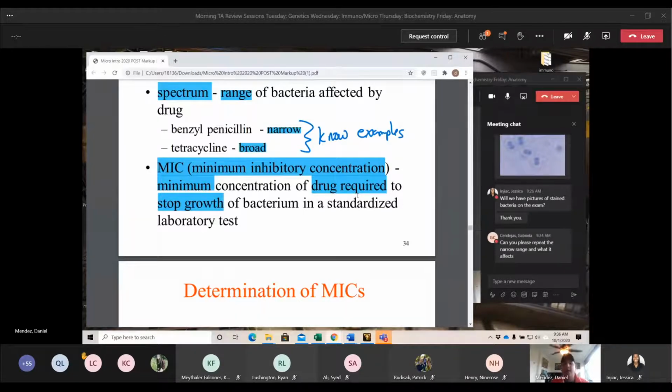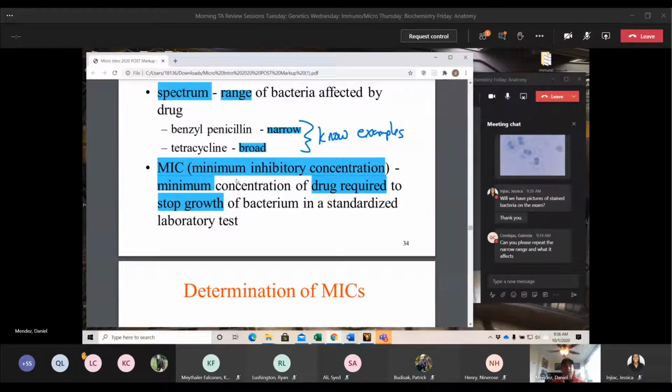Broad, on the other hand, so like the tetracycline, that's going to be used for anything that's an obligate intracellular bacteria. That's not the only thing it's used for. It's also used for a lot of gram-negative infections, but let's just use the overarching term of obligate intracellular. So if we are doing any sort of culture testing and other tests and we haven't gotten to the point yet where we know what type of bacteria it is, but we know it's an obligate intracellular bacteria, let's administer tetracycline because it covers that entire umbrella of all those bacteria. So that's the difference between them.